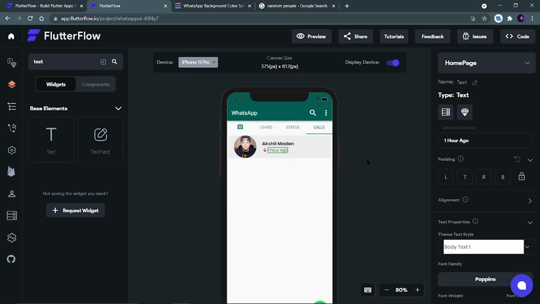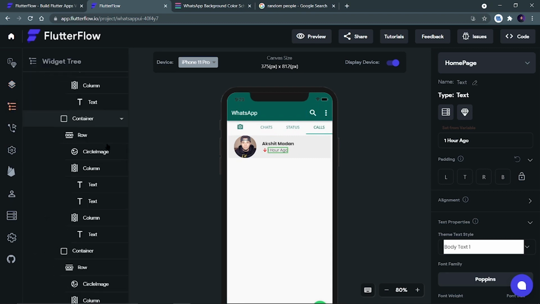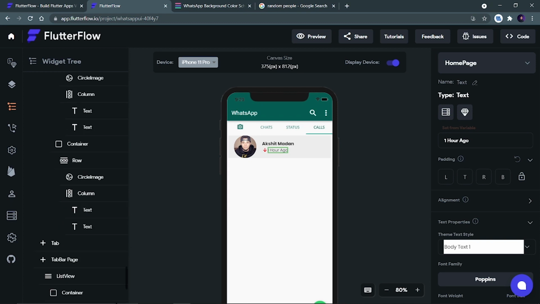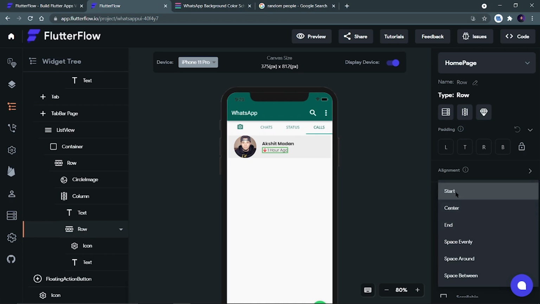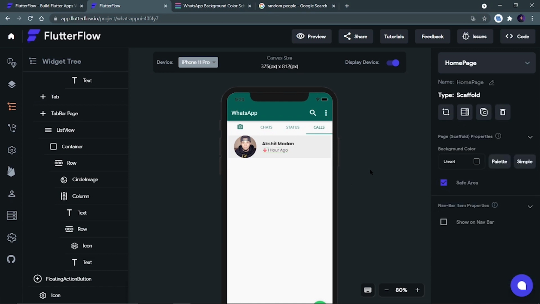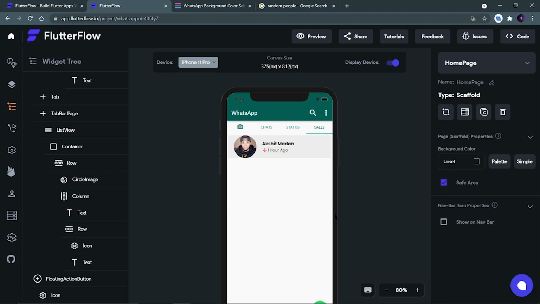I'll select this row. We can select that row from the widget tree. Just go inside it, and we can select that row. Its main axis alignment will be start only. It's perfect. Its cross axis alignment will be center only. Let's make it center. Yes, it's perfect. It's nice.